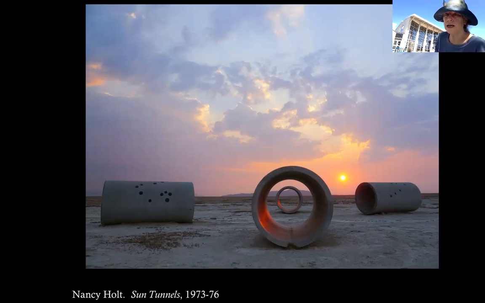And what she said about this work of art is that the American West for her, and just the sky and the landscape, is a kind of spiritual experience, just these huge spaces in the American West. And I think that's really true. I've been out there when I lived in Texas, and